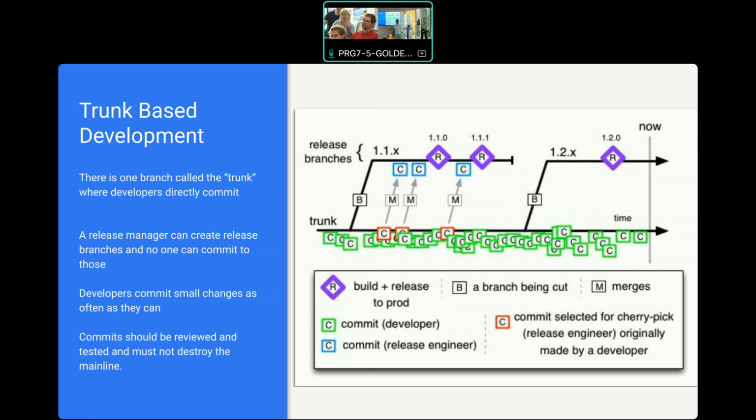Exactly. You want to fix it, but you don't have to create a new toggle. You just keep on pushing it to the same toggle, fix it, and then switch it back on when it's ready. Or you can kill it, if you think that the feature itself is a flawed feature, then